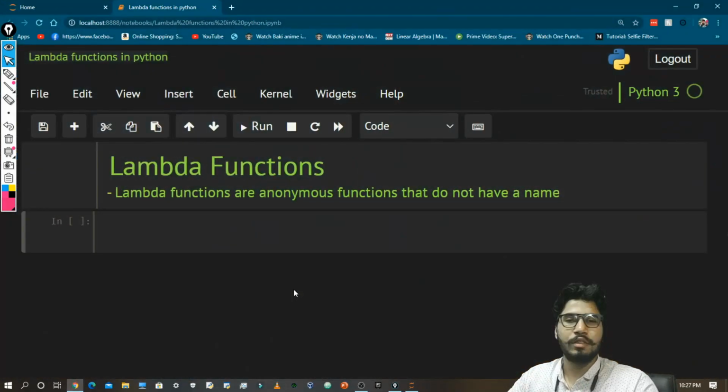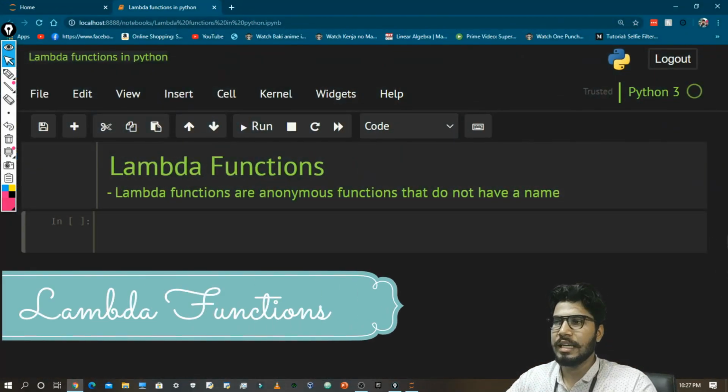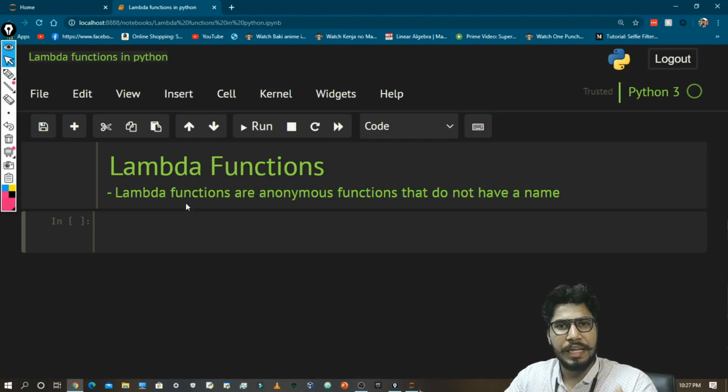So guys, firstly we need to talk about lambda functions, and lambda functions are basically anonymous functions that do not have a name. Let's define a normal function, then in contrast I'll create a lambda function. Let's say I want to create a function that adds two numbers.